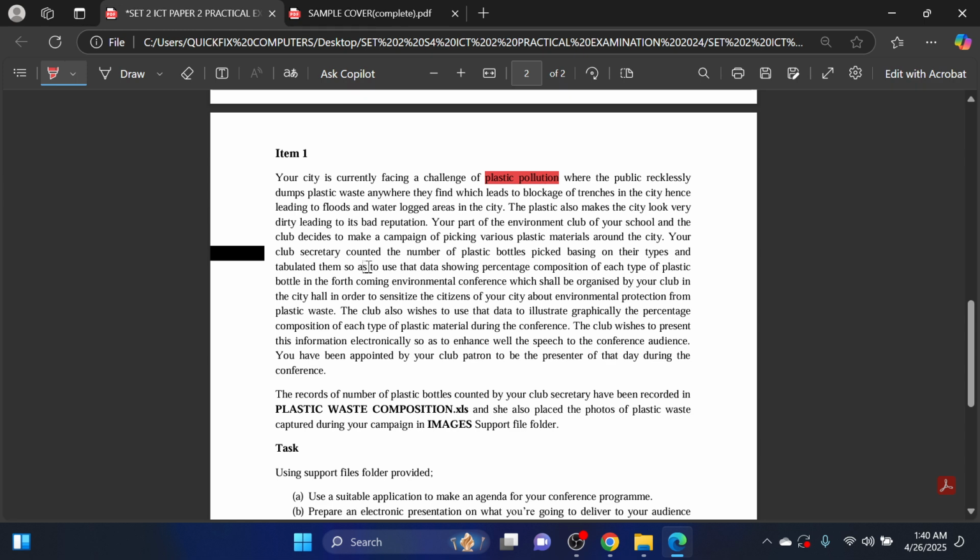to use the data showing percentage composition of each type of plastic bottle in the forthcoming environmental conference, which shall be organized by your club in the city hall in order to sensitize the citizens of your city about environmental protection from plastic waste. Now, the problem in the item is plastic pollution, but they're going an extra mile to